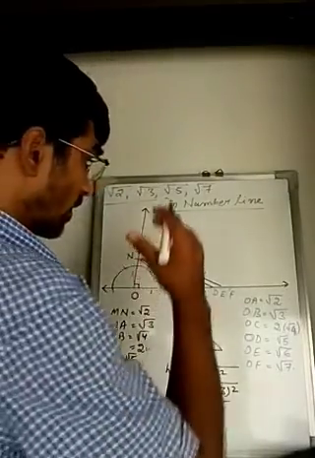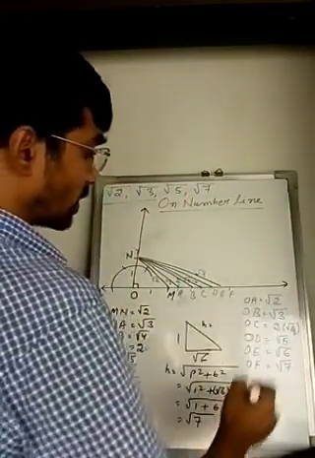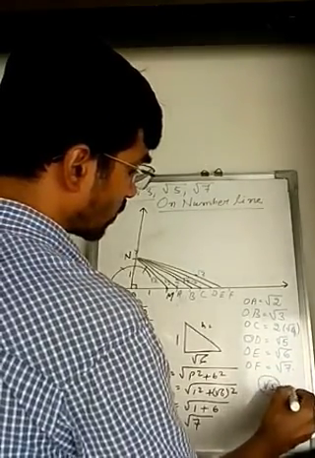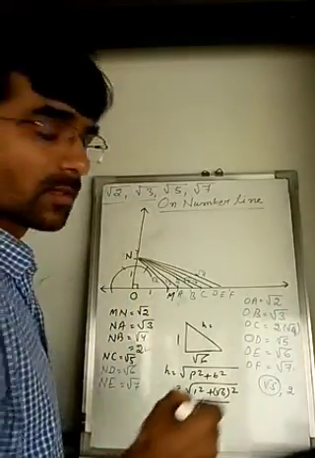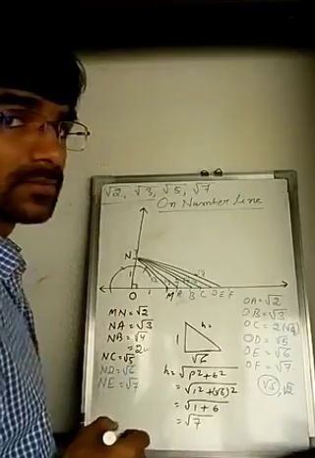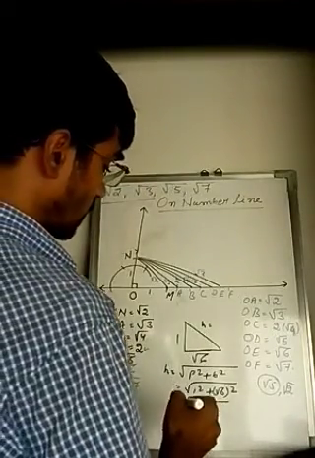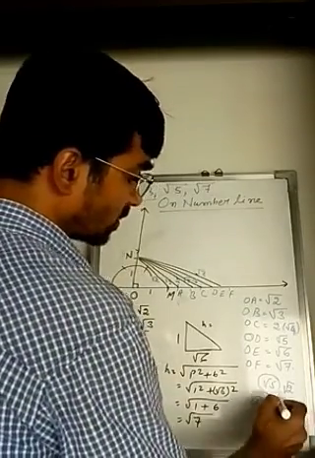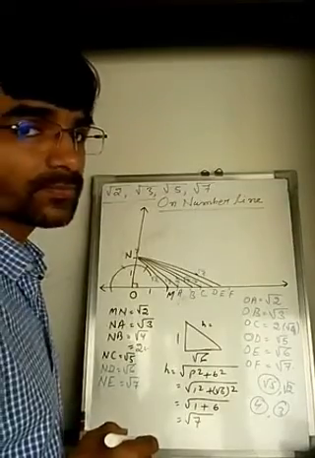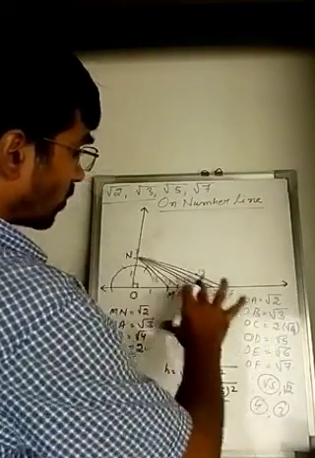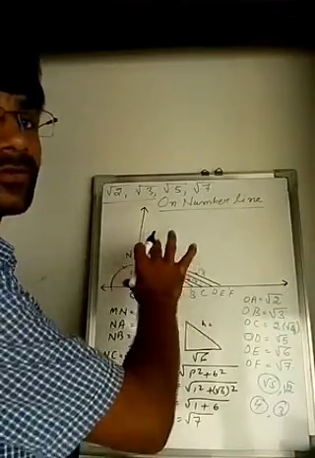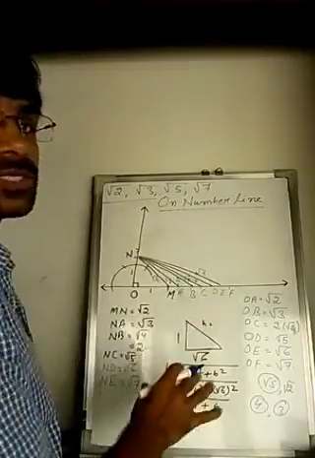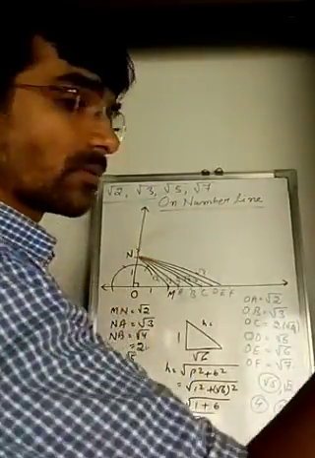Got it now? And if you have to construct individually, then for root 7 you can take root 5 as the base and root 2 as the perpendicular, then also it can be drawn. Right? So this is one. Another one, you can take 4 units as the base and 3 units as the perpendicular, then also it can be drawn. But on one number line, if you have to plot all the things, then it can be very easily found with only one construction: root 2, root 3, 2, root 5, root 6, root 7. Like that you can go forward and forward.